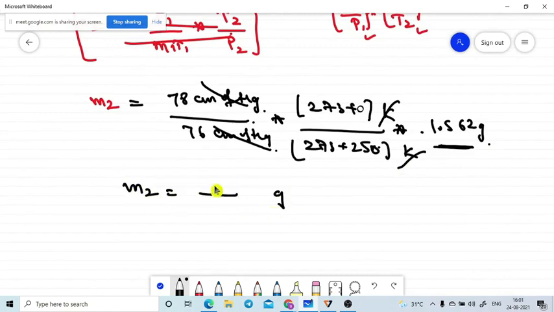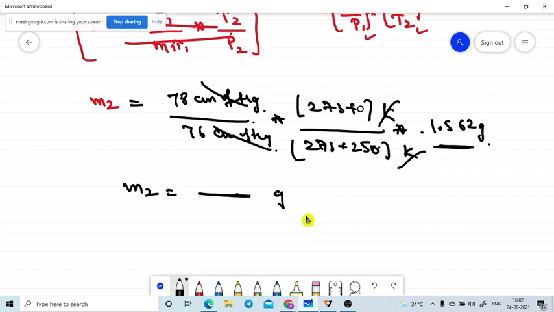I am not going through this multiplication and division. I am just showing how we can attack the problems and get the answer, that's all. They won't give the same numerical values in your examination. They will give the model of the problem only and change the numerical values. Okay, can you do it now?